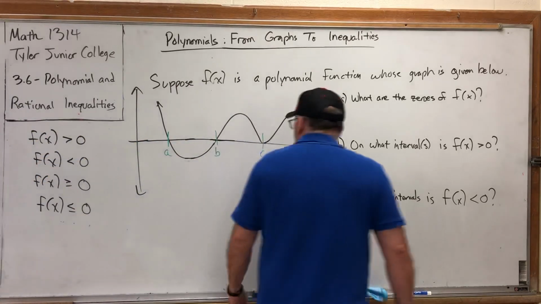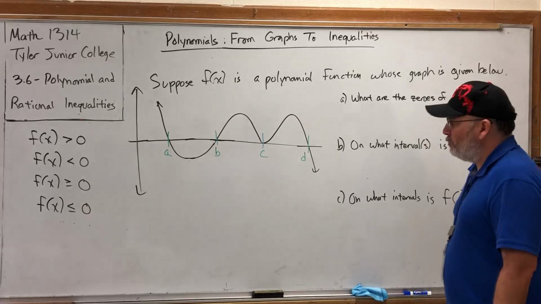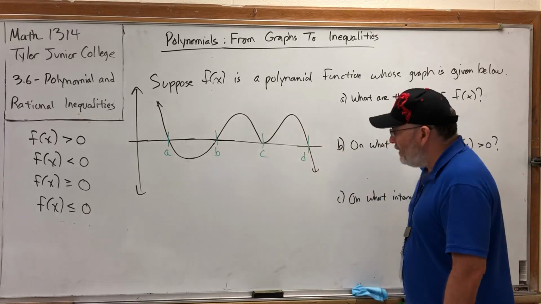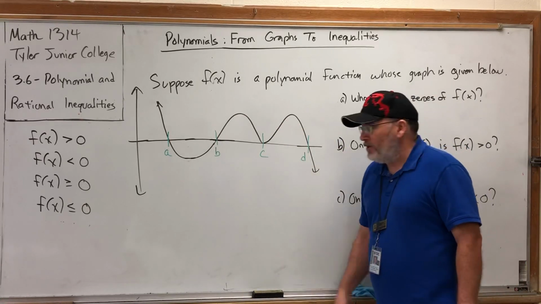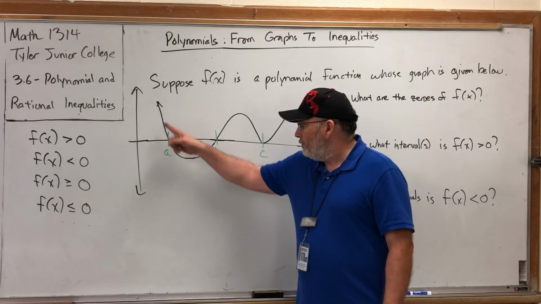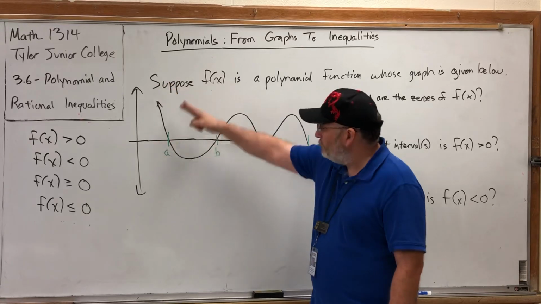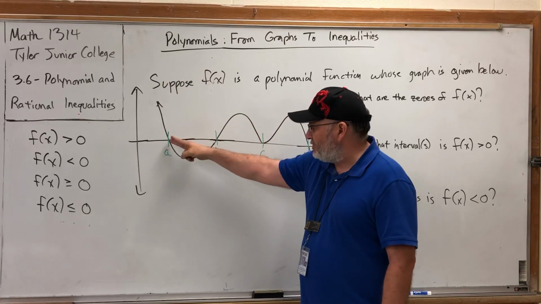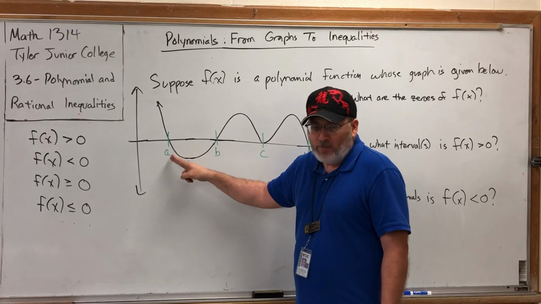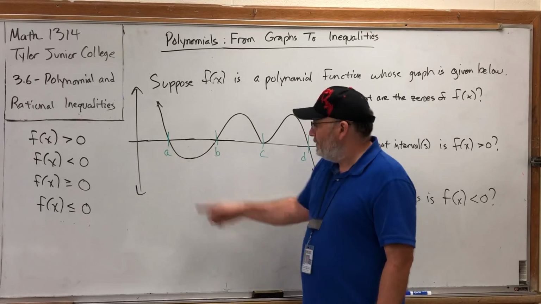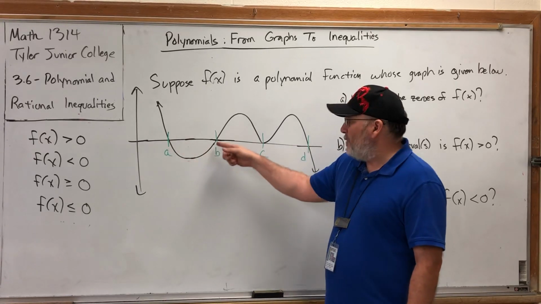On the board, I have a graph of a generic polynomial function, which we're calling f of x. And just to make sure we're clear on what we're implying here, the graph starts out the left end rising, if you will, comes down and crosses the x-axis at x equals a, whatever number you want to put here, dips down to a minimum, and then curves back up and crosses